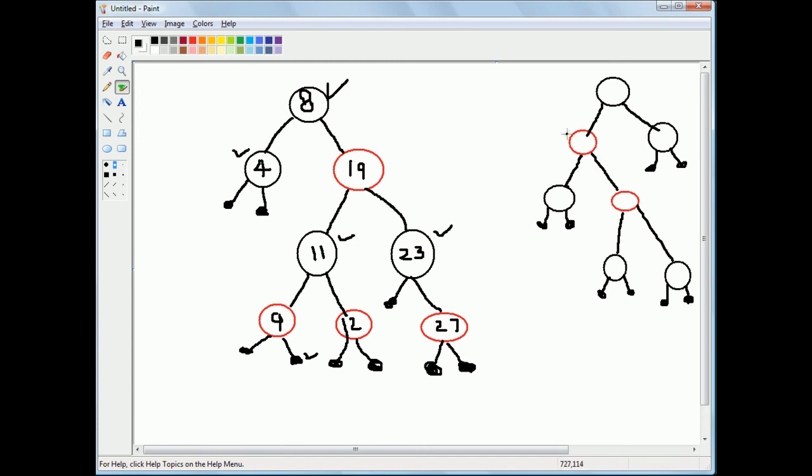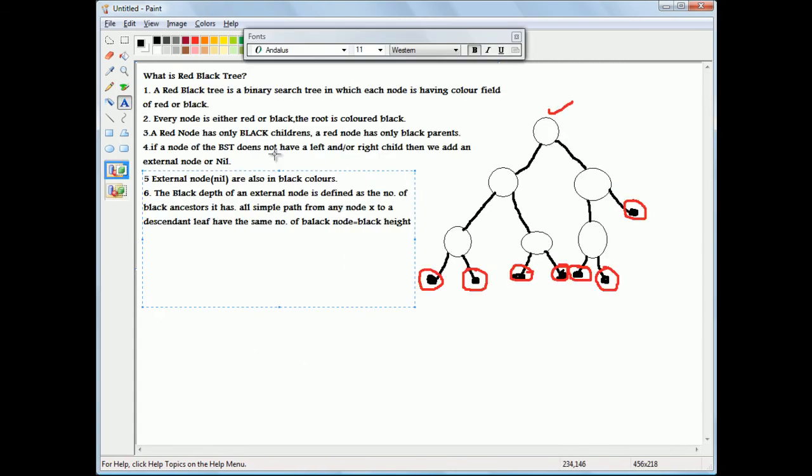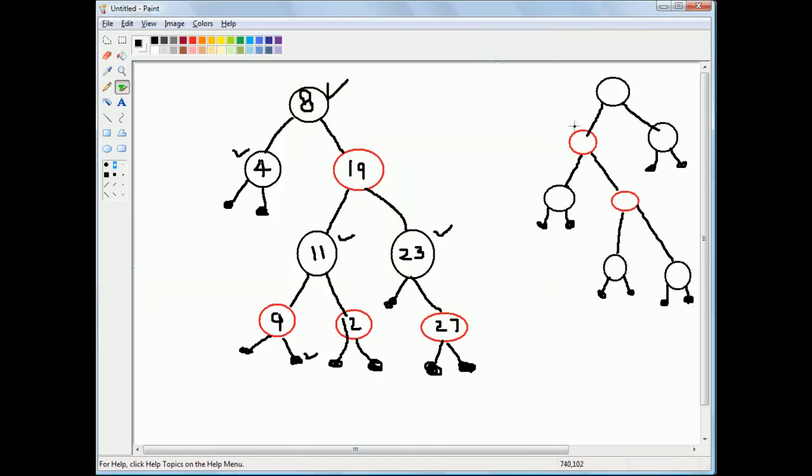No red node has any red child, right? A red node has only black children, but in this case a red node has a red child. So this is my culprit, due to which this